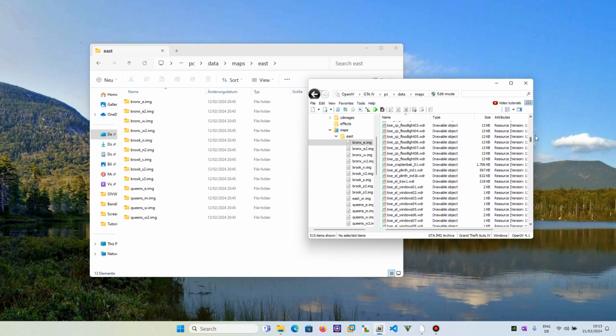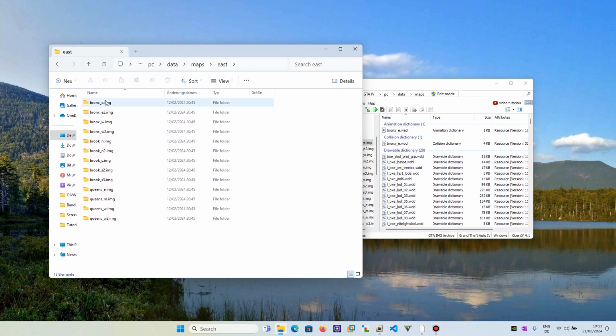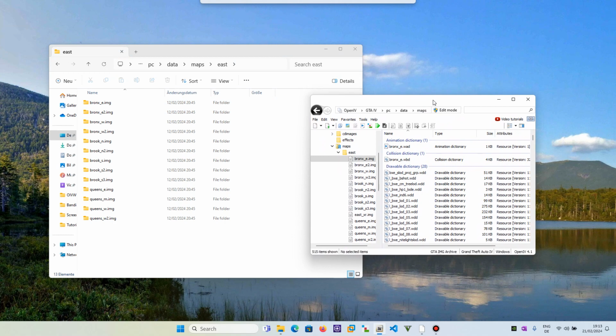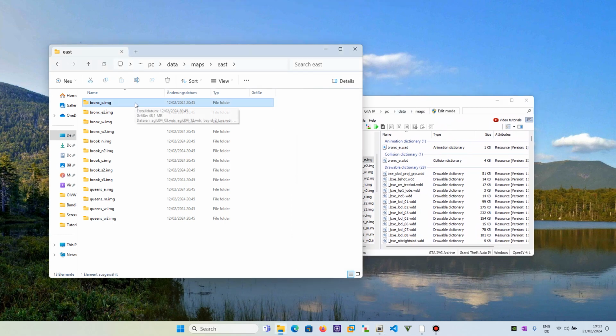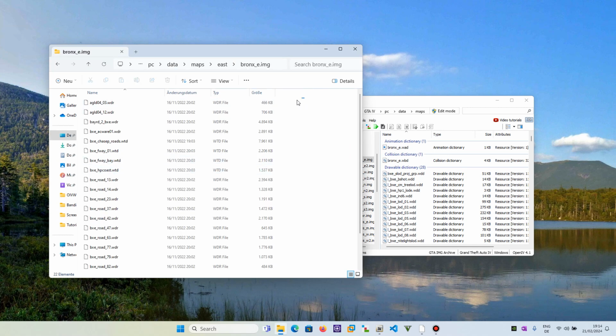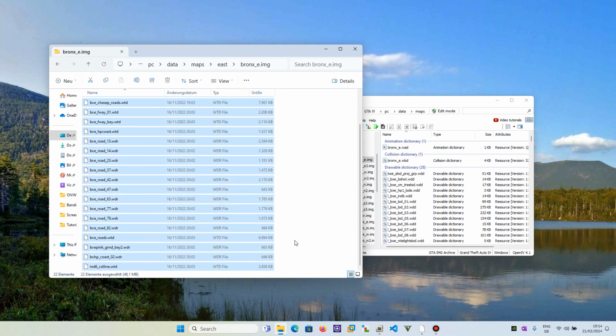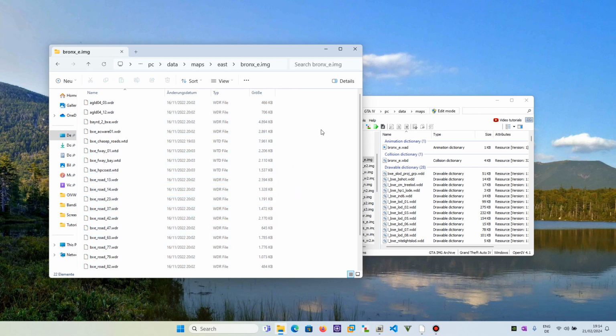And now you can see the folders are named exactly the same as the archives you can see here in GTA 4, like Bronx_e.img. This is because these files inside here will later all be placed into your corresponding GTA 4 archives. So as you can see, this is not the whole archive, because only the modifications you want to have in your GTA 4. This also has the advantage that,